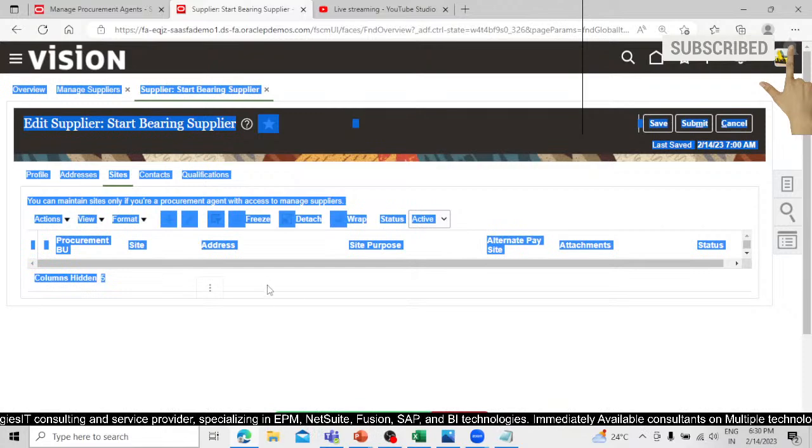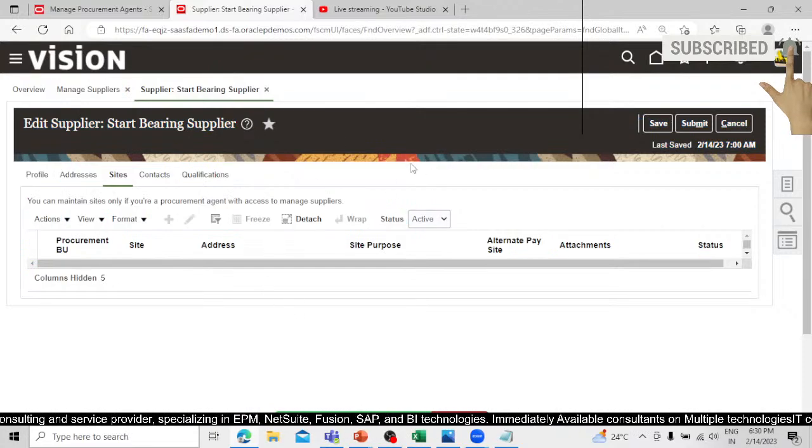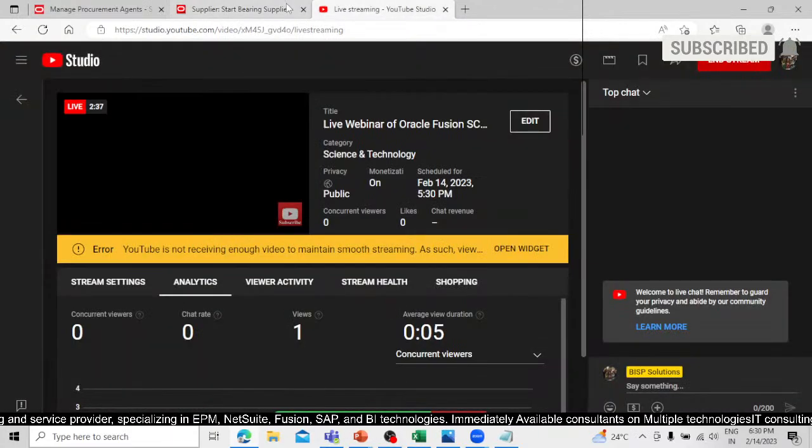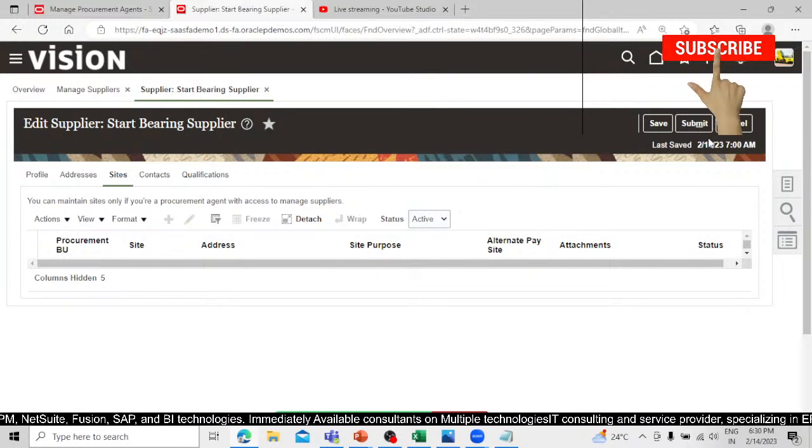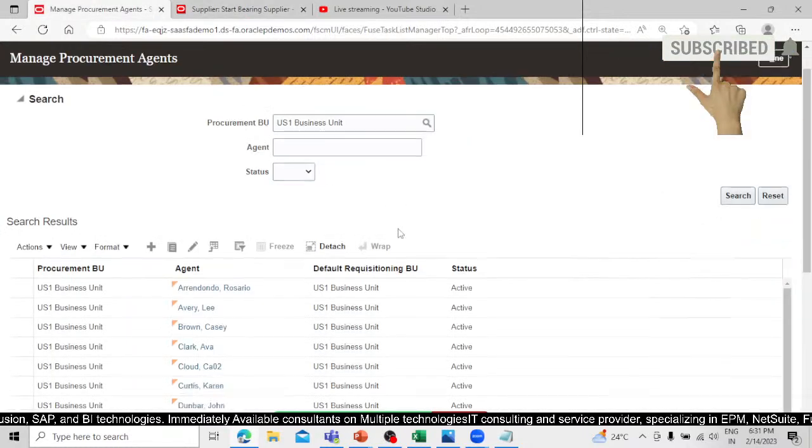We don't have any access, right? So no issue, we'll see in our upcoming session how to enable this one, how to provide the site, right? Because we cannot provide this